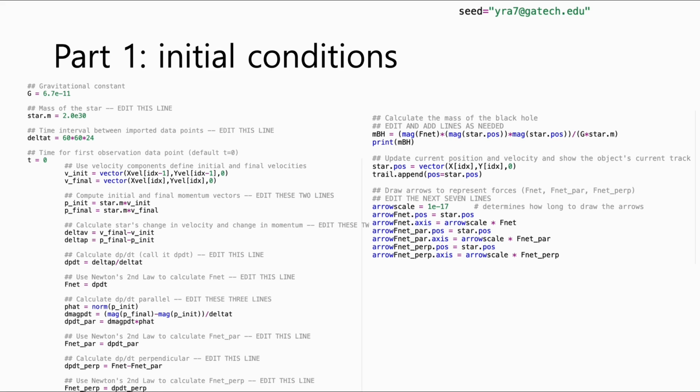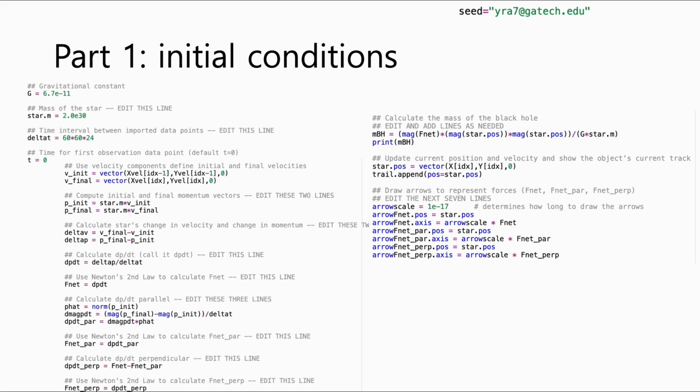Here are the initial conditions of the experiment. I used the seed, as you can see on the top right corner, for my email, and the gravity constant, the mass of the star, which is 2.0 times 10 to the 30th power, and delta T, which is 60 times 60 times 24, which would account to 1 day